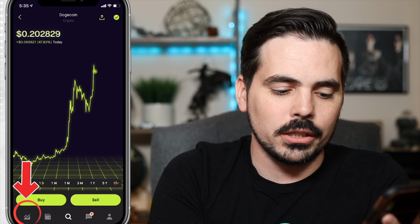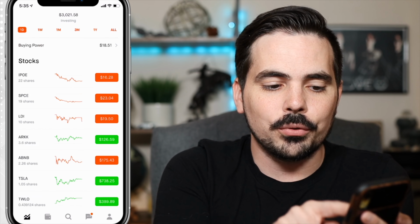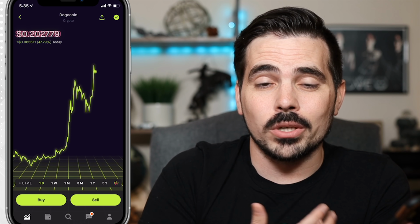And if we wanted to, we can click on the little graph on the bottom left to take us back into our main page for Robinhood. If we slide down right over here, you can see where it says cryptocurrency. It says 14 Dogecoin, where you can buy more or you can sell if you want to end up selling